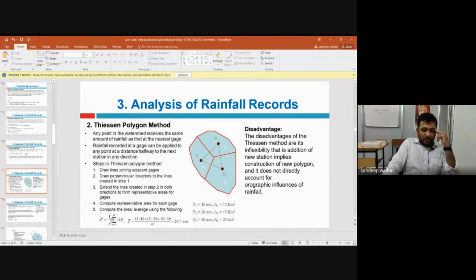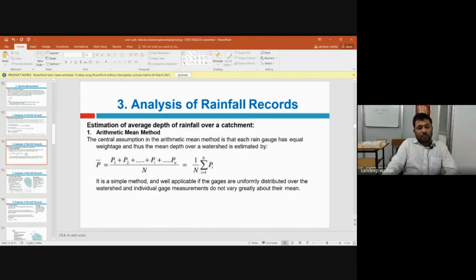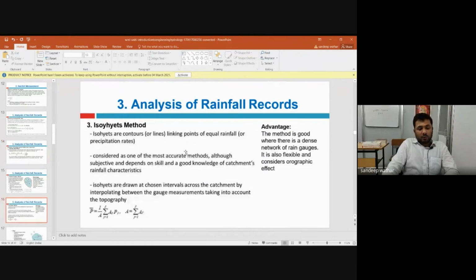This notation represents the sum of Pi times Ai. What is Pi times Ai? What does i represent? i represents the numbers 1, 2, 3. So what you do is take the sum of the product of precipitation and area, and then you divide by the total area of the catchment. From that you will get the average rainfall. So this is the Thiessen polygon method of finding it out.